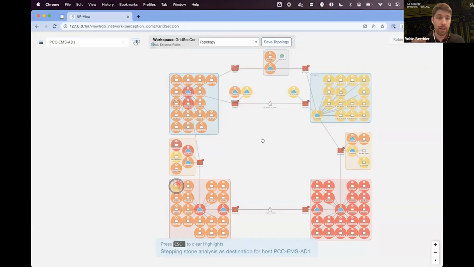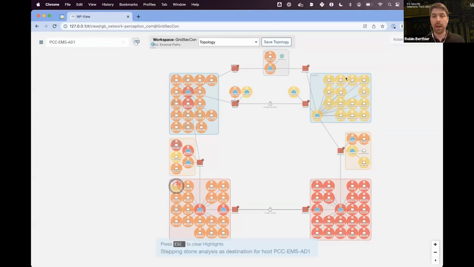Those are highlighted in red. So everything in the backup site, we have our jump host in a DMZ, and we have an additional host in a corporate network with direct connectivity to that target. The hosts in orange are one stepping stone away, which means that if an orange node like this one in the external network were to be compromised, then the attacker would have to also compromise a red node before getting to the target. And then the yellow nodes are two stepping stones away.